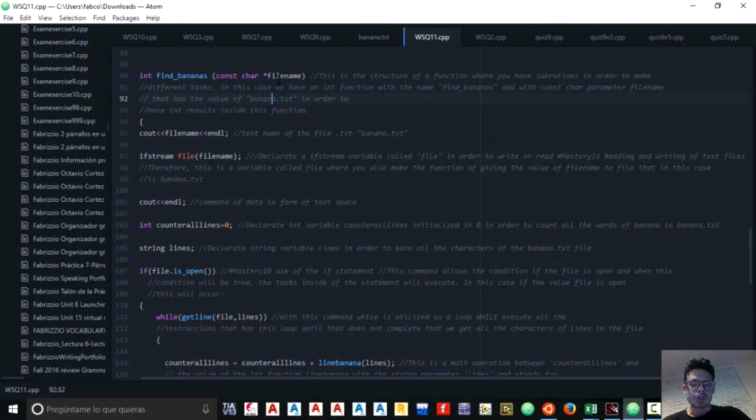This is the structure of a function, where you have subroutines in order to perform different tasks. In this case, we have an int function with the name findBananas and a const char parameter, fileName, that has the value banana.txt, in order to have int results inside this function. So I have the text name of the file, a command in the form of text, and this is to show me. In your code you can delete this, but I put it because I like to know that when I call a function,